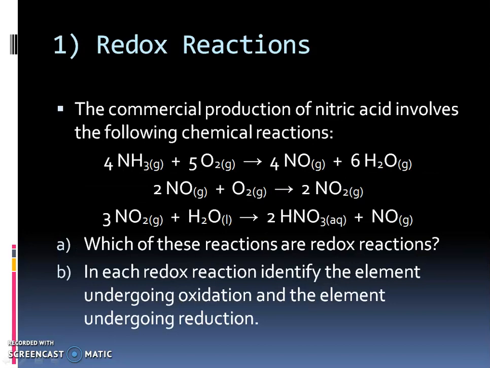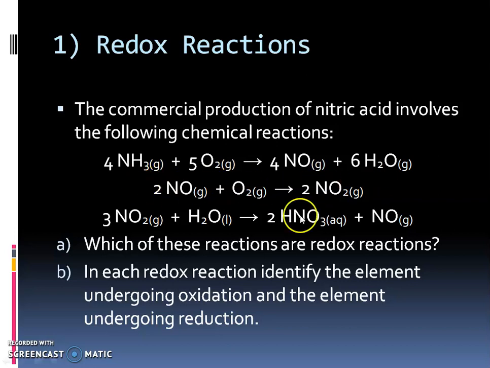So here we have number 1, your redox reactions. Now, at a first glance, what I would see is your first two reactions here. I see oxygen by itself as a reactant, so your oxidation number is going to be 0. And on the right-hand side, I see oxygen in compounds as products. So no matter what, the first two reactions are going to be redox. So you might want to go through and actually assign each individual element your oxidation numbers, just to check your